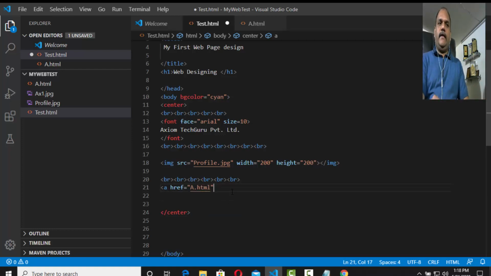href equal to a.html, and then target, it's like where that page has to be open. So we'll be going with new, okay, and then it's like a new page has to be opened, and then what the text has to be, you know. So my text will be navigate